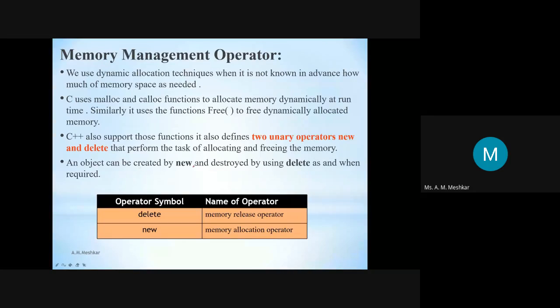object can be created by new and destroyed by using delete। तो अगर एक बार आप न्यू से कोई ऑब्जेक्ट अलोकेट करते हो मेमोरी, तो आपको डिलीट यूज करके उसे एक्सप्लिसिटली रिलीज करना ही है, बिकॉज वो उसके बिना रिलीज नहीं होती। सो वटएवर यू क्रिएट विथ न्यू, यू मस्ट डिलीट इट विद द डिलीट, or release that space with the delete।